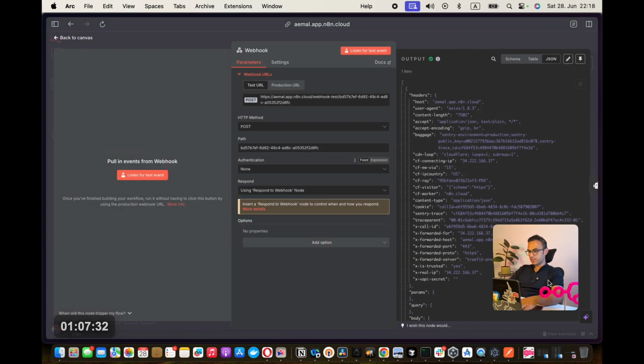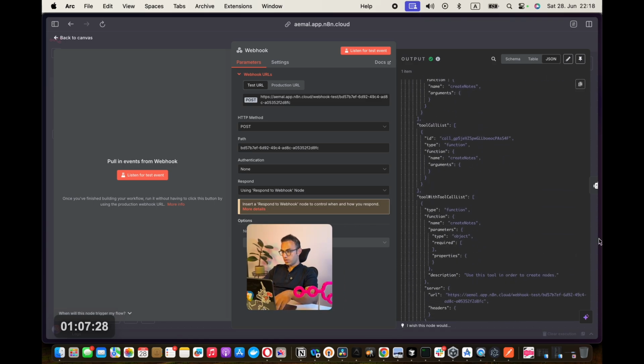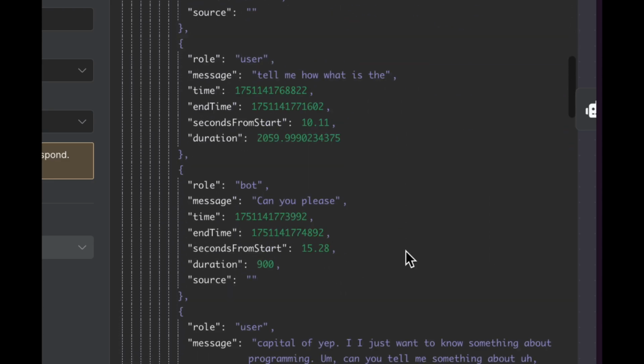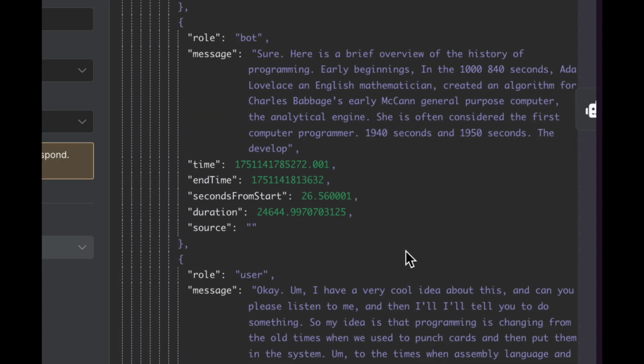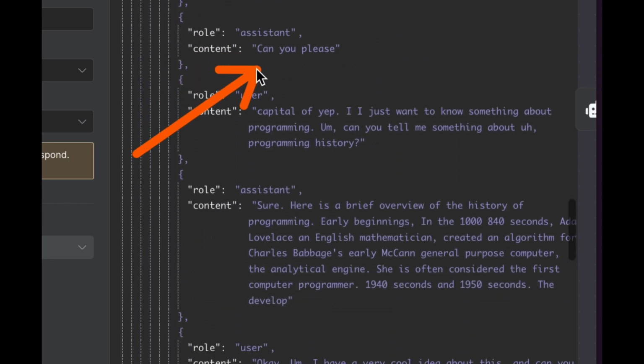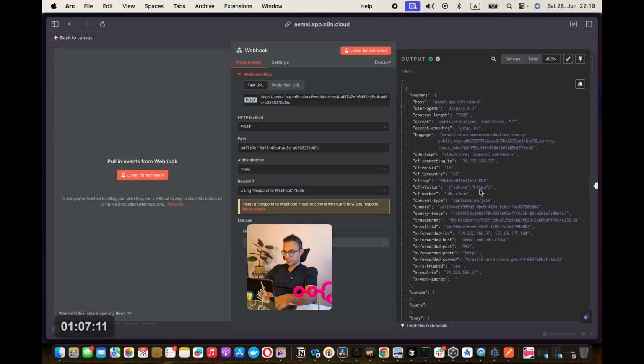If I double click this, you will see here a different payload. A payload, or a JSON, that has a lot of information here. Here, look, "Sure, a brief history of programming." So basically, the entire communication that I was having with Samantha is in this place here. Okay?